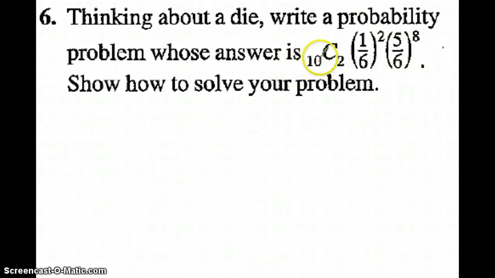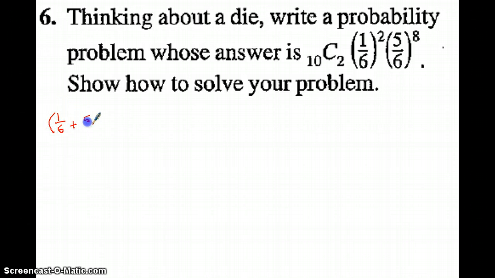This looks like it has to do with 10 trials because these exponents add to 10, and we're talking about 10 choose 2. And the two things we're choosing would be the 2 times when the 1/6 is successful and the 5/6 times when it is not. This is really a lot like the one we did today. 10c2, 1/6 squared, 5/6 to the 8th is probably part of,